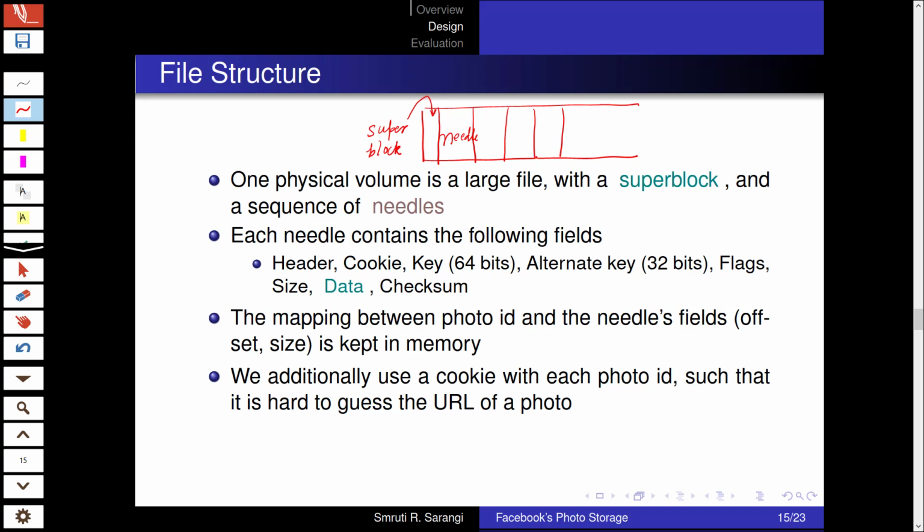Right, it's a sequence of needles. So each needle has the following fields. It has a header. Of course, the header identifies the name of the photo, type, and so on.